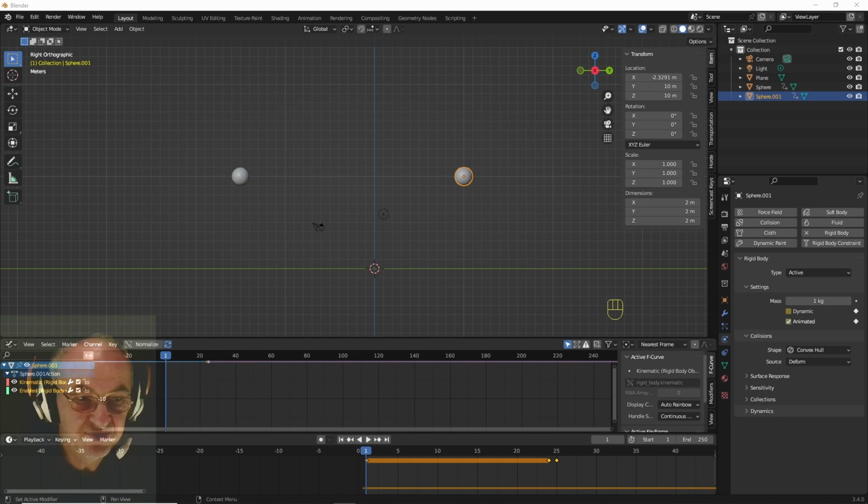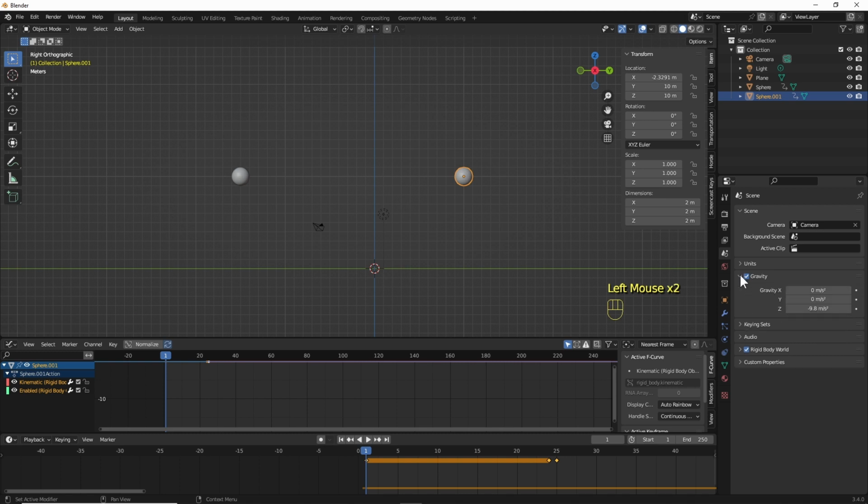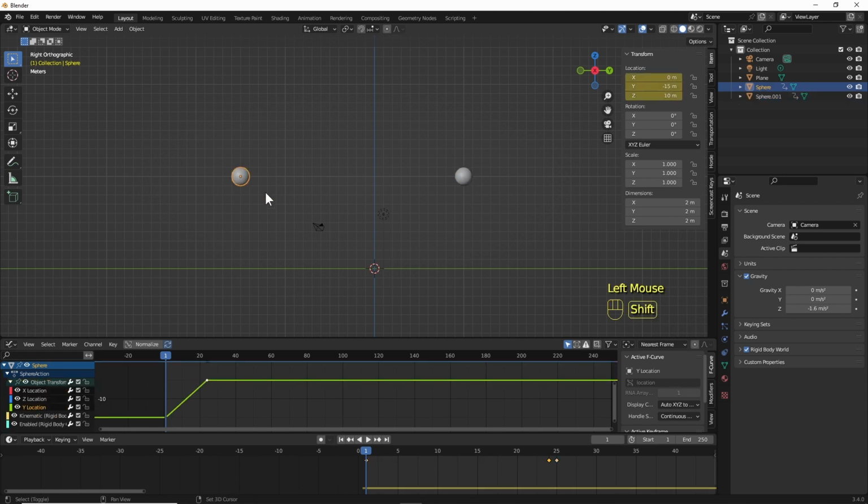For example, we want to see how it will look if we are on the surface of the moon, where gravity is about 1/6 of the gravity on the Earth. So again, I will remove this camera because it interferes with our picture. So set gravity to this amount divided by 6, and we've got minus 1.6 meters per second. Now we will see how it actually moves. Much slower